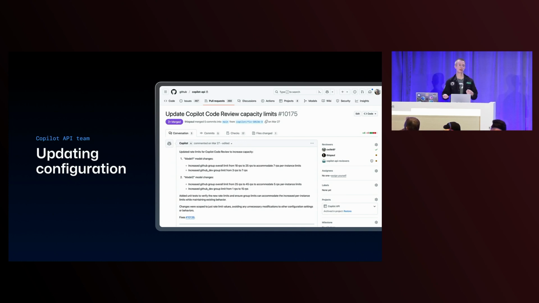Another example that I really like is from our Copilot API team, who've been using this to manage configuration. We have this Copilot API project within GitHub, which is the API that powers all of the Copilot experiences that you use. That has a lot of customers now, and they're constantly wanting to make changes to their configuration: changing their rate limits, changing the models they have access to, changing context windows. And that was taking meaningful amounts of time every day to update those configs. Now Copilot is doing most of that work,